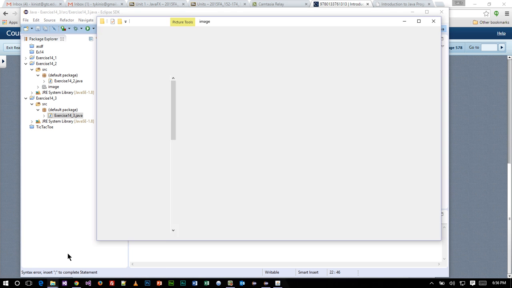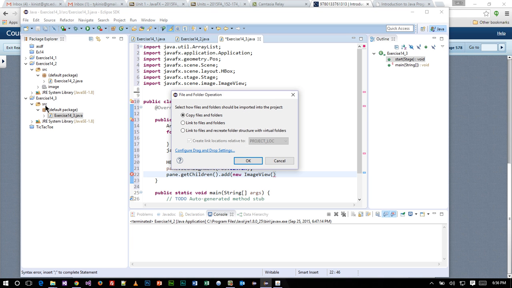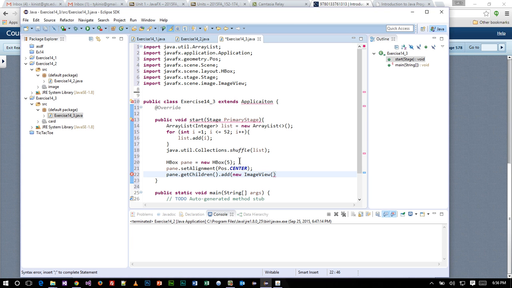I'm going to go into my folder here where the images reside. And here are all the cards in this folder. I'm just going to grab the folder, bring it right over to the project, drop it in. So I'm going to use this path then. I'm just going to say card /